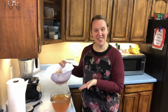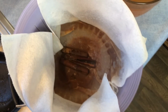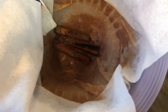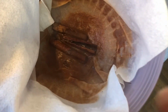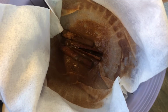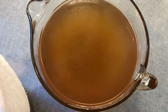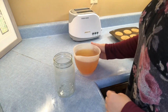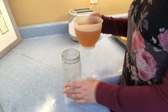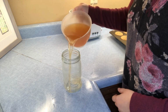Okay, there you go. This is what is left in the paper towel after you strain it. So you can see there's cloves and there's the cinnamon sticks and then some of the cinnamon powder, but there's still plenty of cinnamon flavor in the cider. I find it a little bit easier to pour from a smaller container,